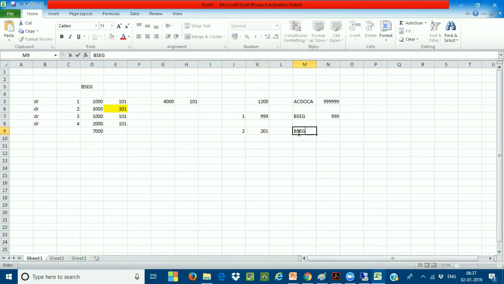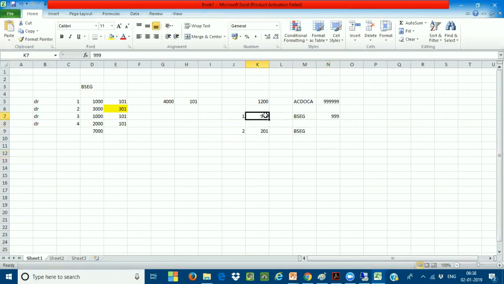Like this. So there is a splitting. Automatically, the document will be posted into two documents. And in the reference field, if you go to the BSEC header table, it will clearly update that this document was split into two documents. The reference document will be posted with another document. So two documents, I can see that.